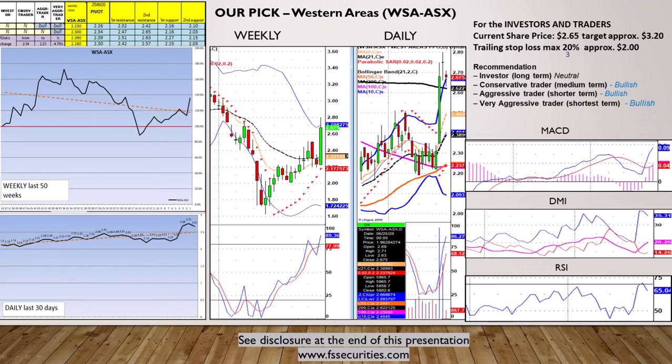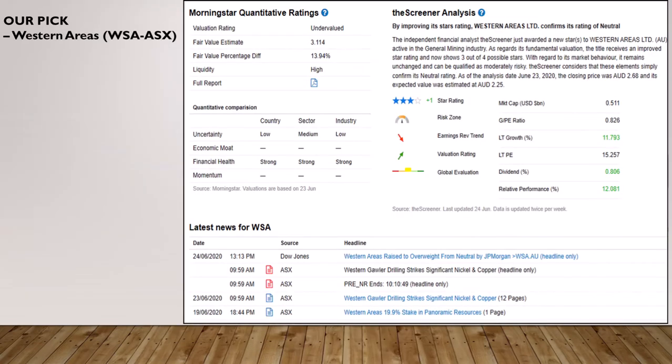Okay, the next chart. Now we start with the fundamental. By the way, Morningstar reckons that the fair value is at the moment about 14% above the price. The price is actually 14% below what is the fair value. And fair value is usually a conservative